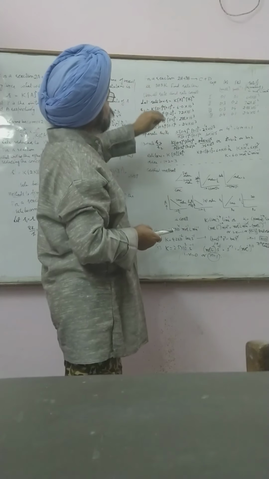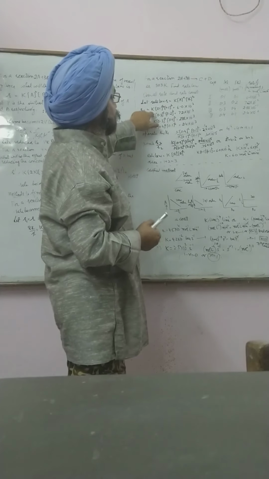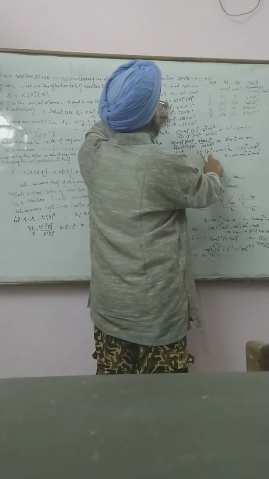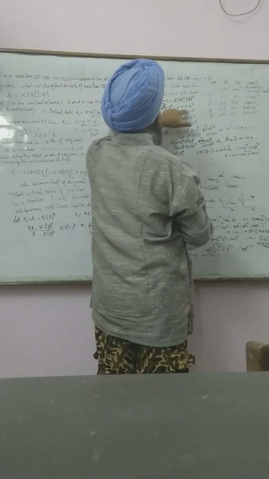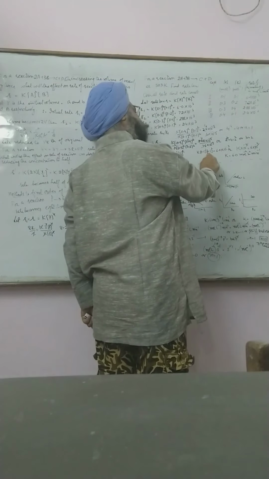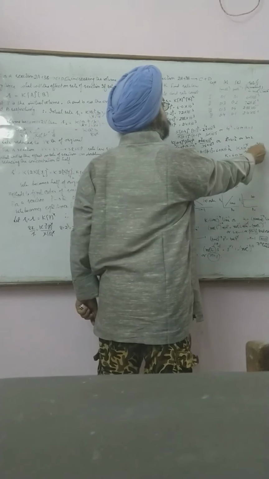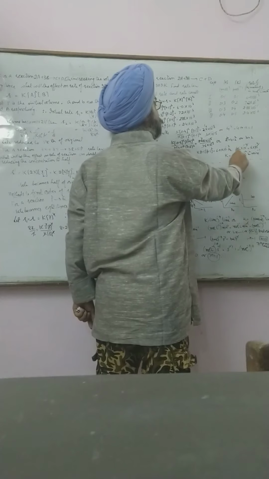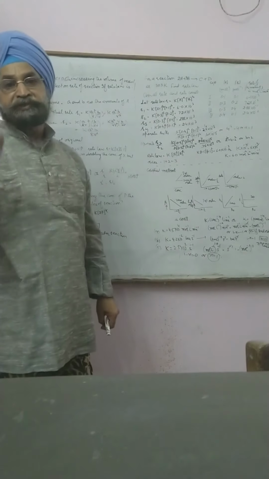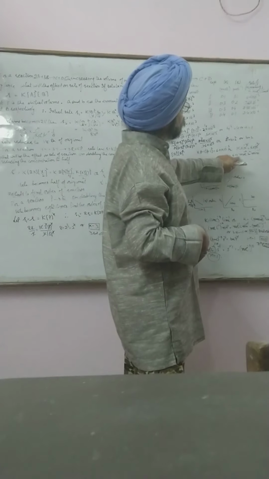Now put the values of A and B in any one of the relations. So I use this relation: K into 0.1 raised to power 1, 0.1 raised to power 2, equals 6 into 10 raised to minus 3. 0.1 square is 10 minus 2, and 10 minus 2 and 10 minus 1 gives 10 minus 3. These 10 minus 3 will cancel out. K is equal to 6, meaning 6.0. I have told you strictly, never put the result in a single digit, and the result is 6.0.